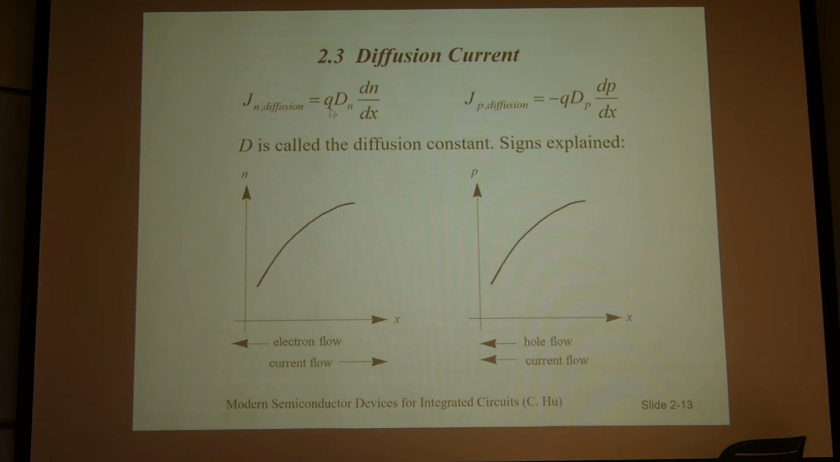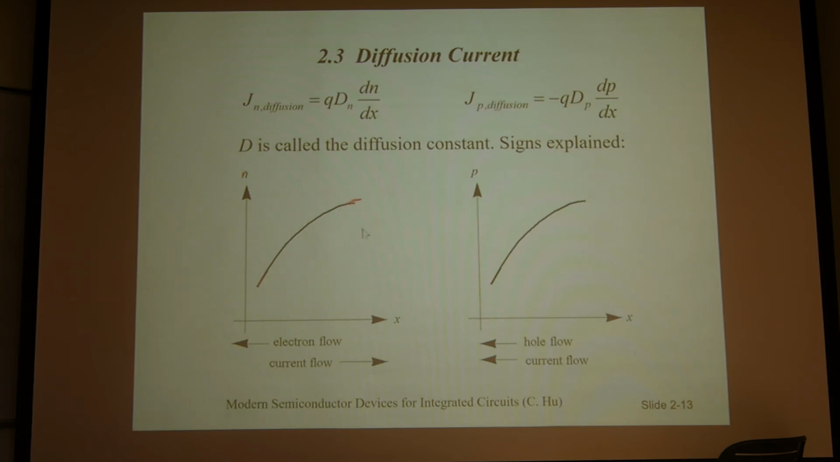So Q, of course, is the charge quantity. And then here we have a coefficient, Dn or Dp. That is called the diffusion constant for electron or for hole. And then we have this term. This is the derivative of the electron density with respect to, for example, if you consider one-dimensional diffusion, the x direction. For example, here we have this electron density, which is non-uniform along the x direction. So if we have this kind of profile,